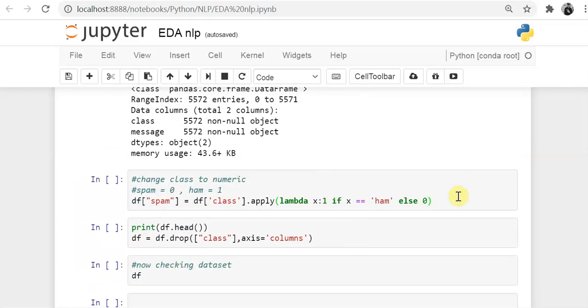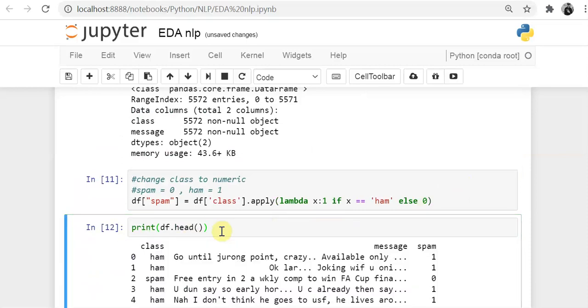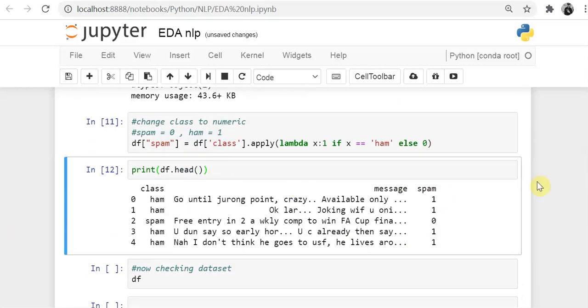After executing this, we can see we have an additional column spam, where for HAM the value is 1 and for spam the value is 0. So now we can drop this class column.